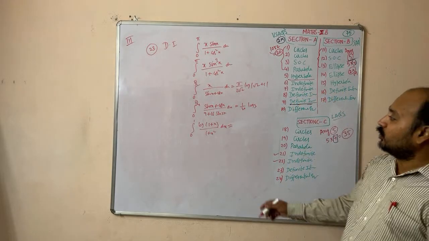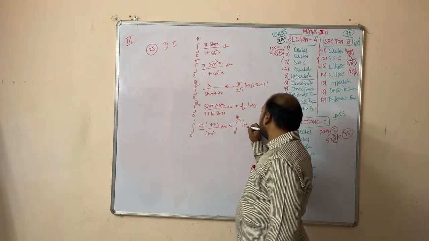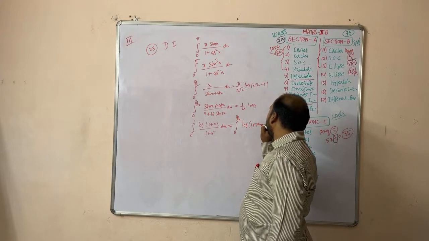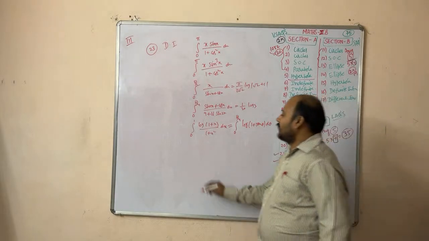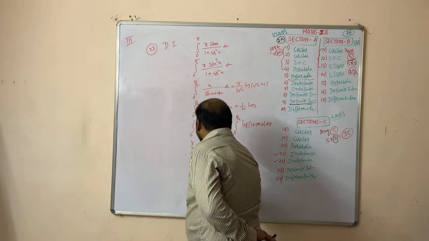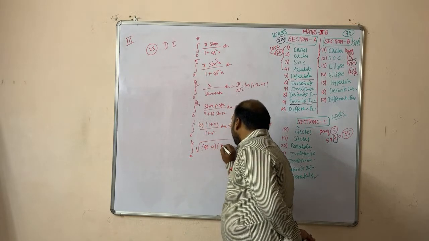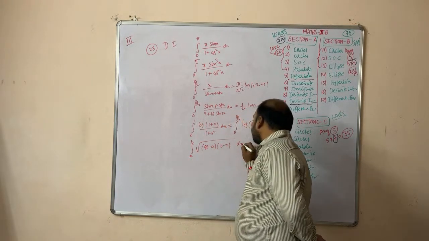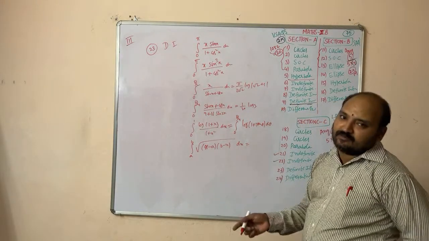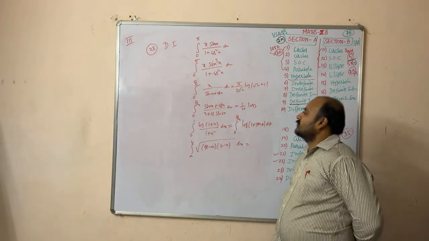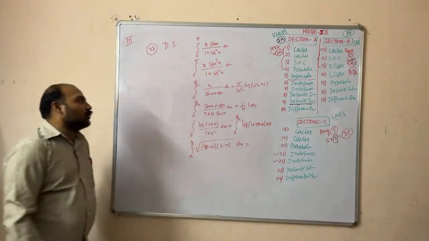So integral 0 to pi by 4 log 1 plus tan theta d theta. Not only this question, but even like this they also make chances to ask. And integral a to b root of (x minus a) into (b minus x) dx. Show that it is pi by 8 into (b minus a) whole square. Not only this one but also